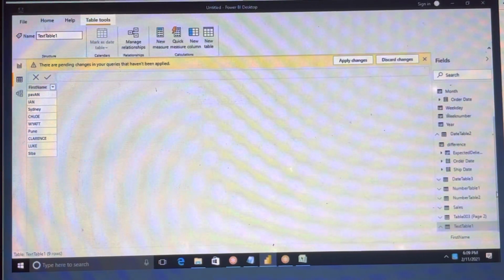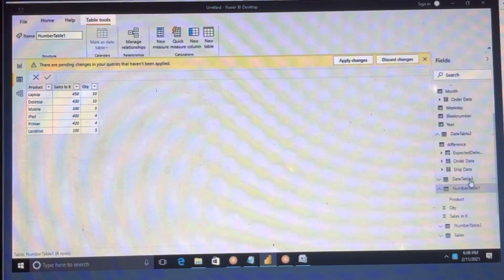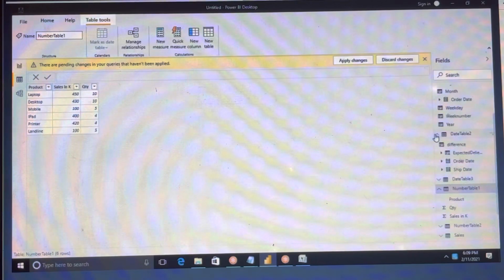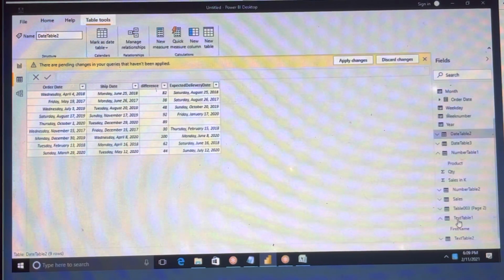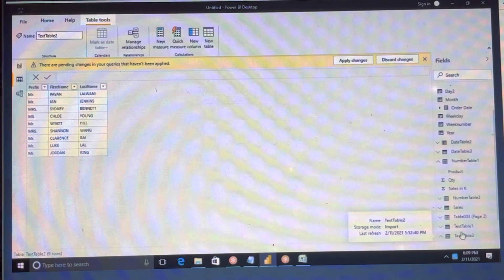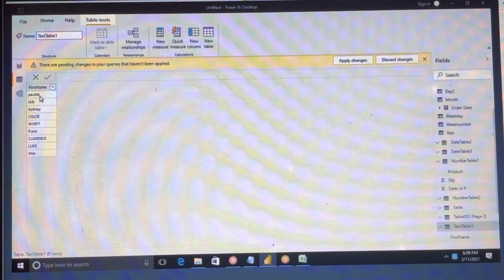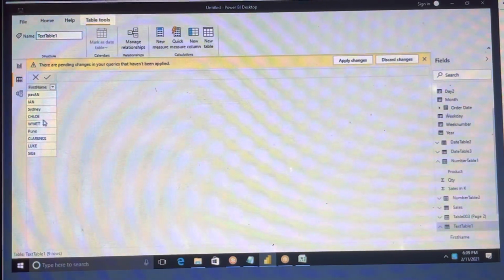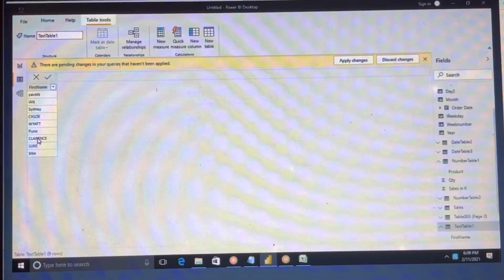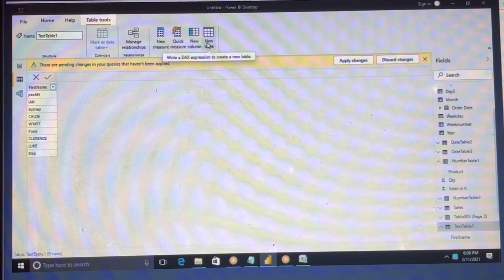Okay, so now text table one. The text is like power, man, city, and all, where some of the letters are small and some are capital. I wanted to make all of it upper or lower, any one of the cases.